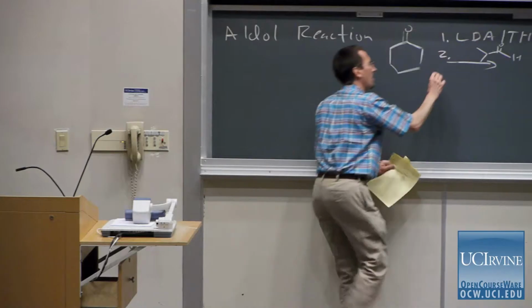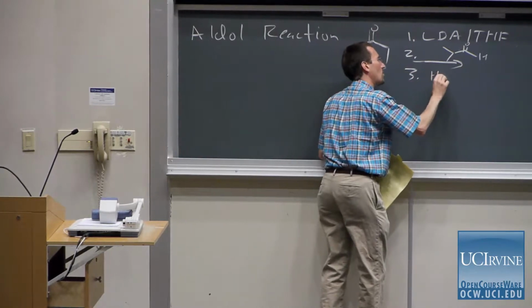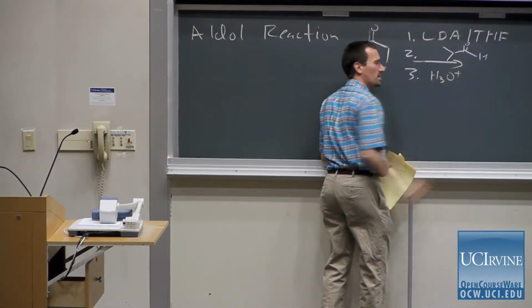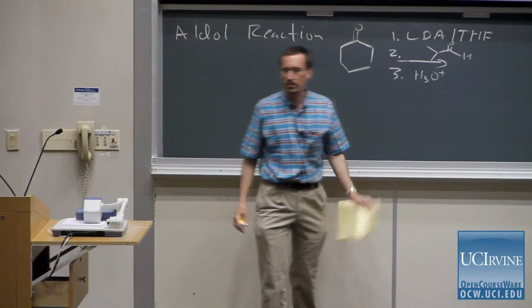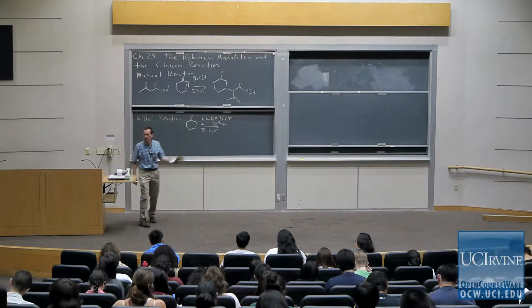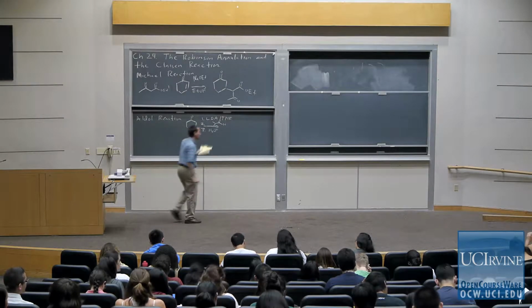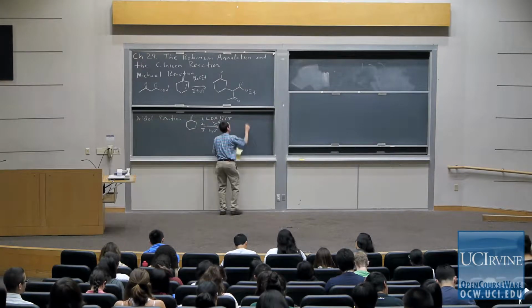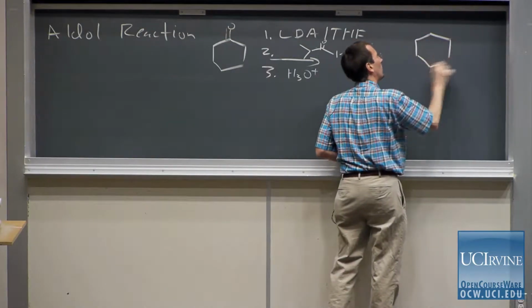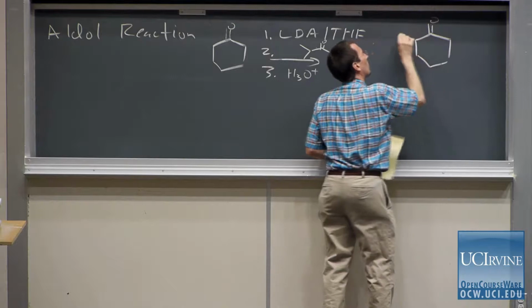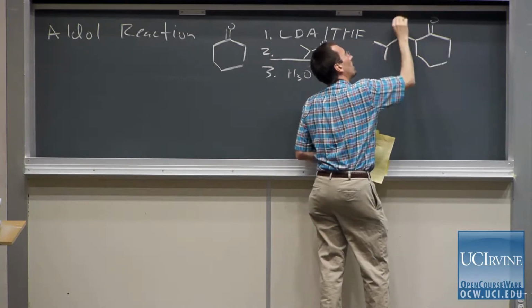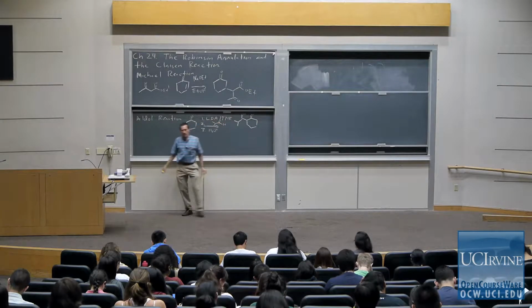And then we carry out an aqueous workup, and in one case, I wrote aqueous ammonium chloride, in another case, sort of generic H3O+, what you'd get from throwing an acid into water like HCl in water. And so the product in this case was a